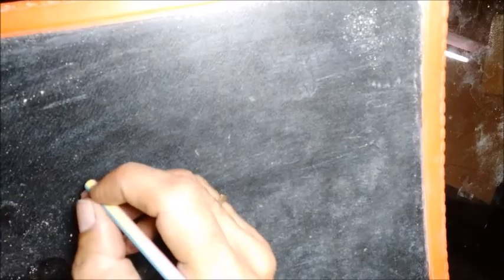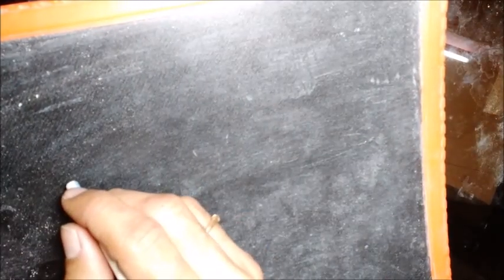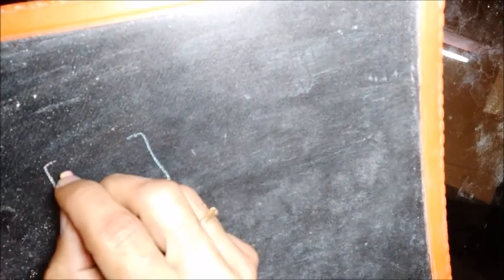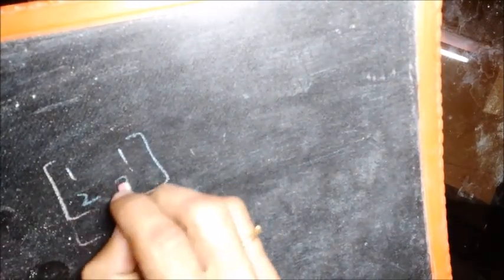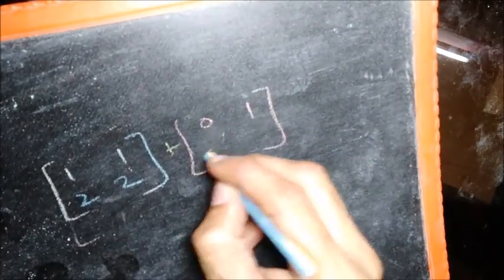Next, the set of all singular 2 by 2 matrices. Let us see whether the set of all singular 2 by 2 matrices constitutes a vector space. We saw that the set of all non-singular 2 by 2 matrices need not constitute a vector space unless we define addition in some other way. So let's take the case of the set of all singular 2 by 2 matrices. Again, we can show that it is not a vector space by means of an example.